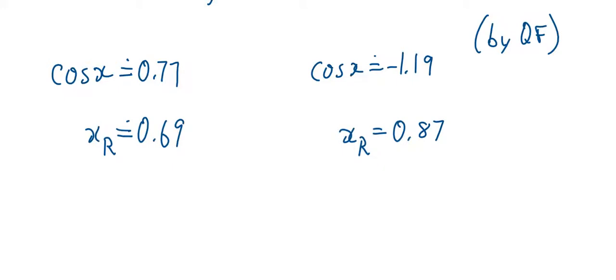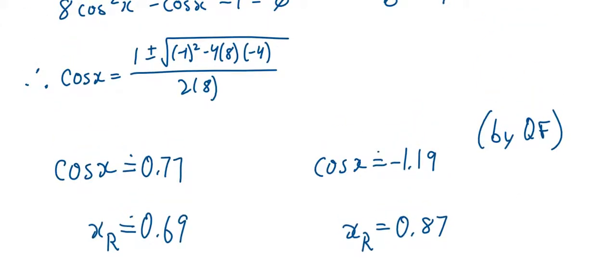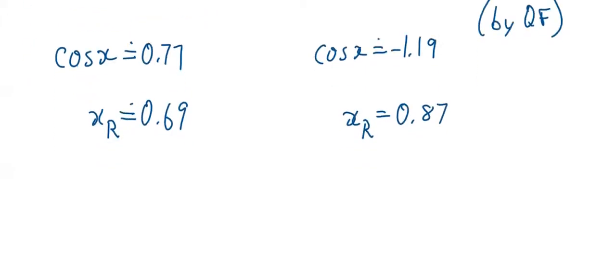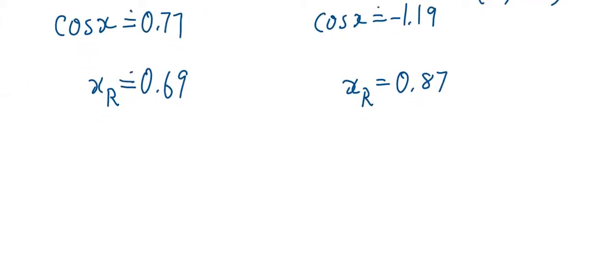When you put this into your calculator, you do not put the negative in. Shift cos 1.19. Even better if you can do exact from this. So find this value, then do shift cos and write that down. Find this value, shift cos and write that down. Generally speaking, you have two solutions, but we're only doing quadrant 1, quadrant 2. So this